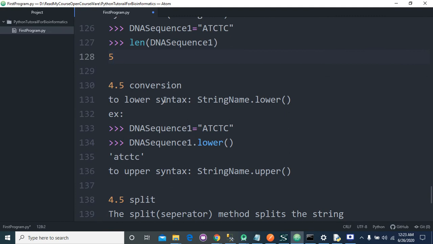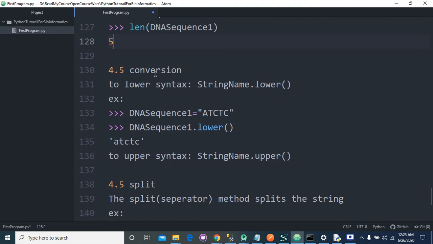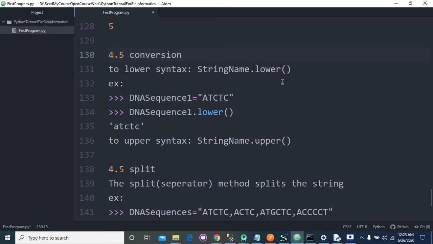Conversion. In conversion, we will identify how we will convert the string into uppercase or lowercase characters.